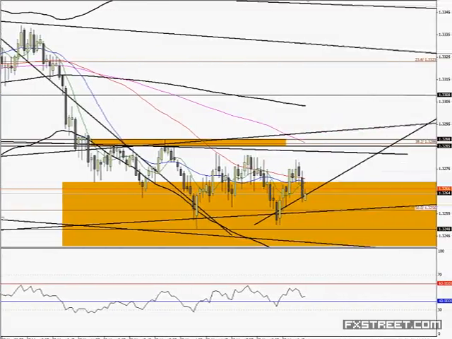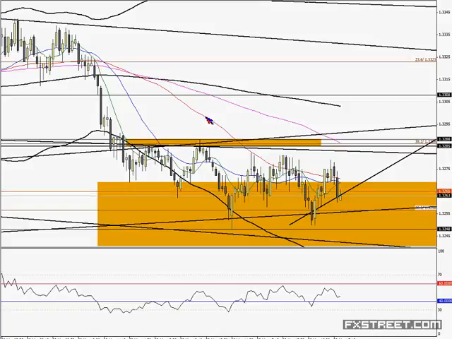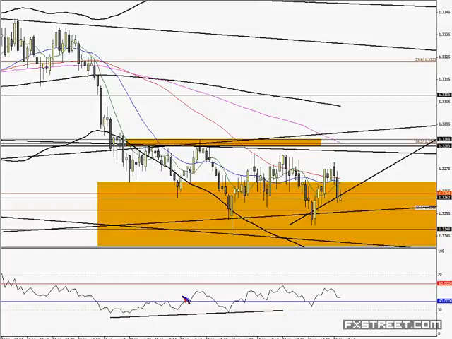For example, in this 5-minute chart, as the market tags the lower Bollinger Band, now my Bollinger Band parameters are different from the conventional Bollinger Band parameters. I use 3 standard deviations, and I use the 200 moving average. So it's a much wider band. Now, here, as the market tags the lower Bollinger Band and gives you 3-point bullish divergence, this was an area I considered for the second entry,